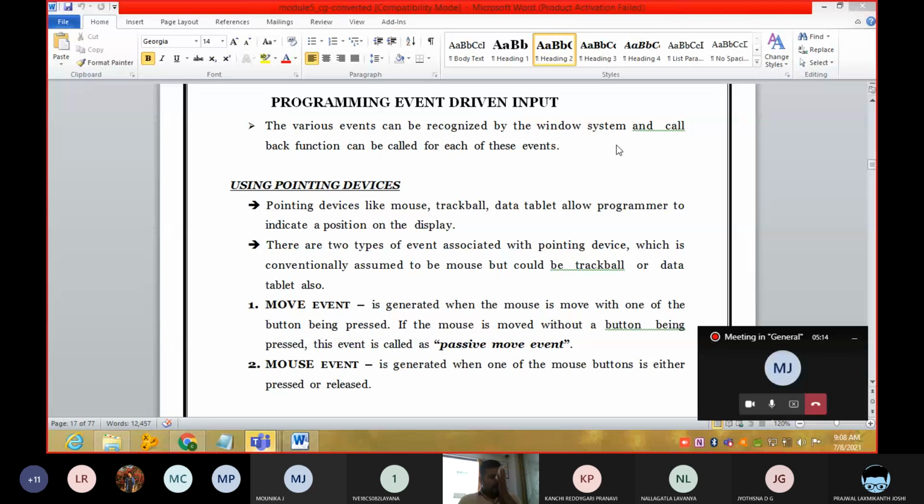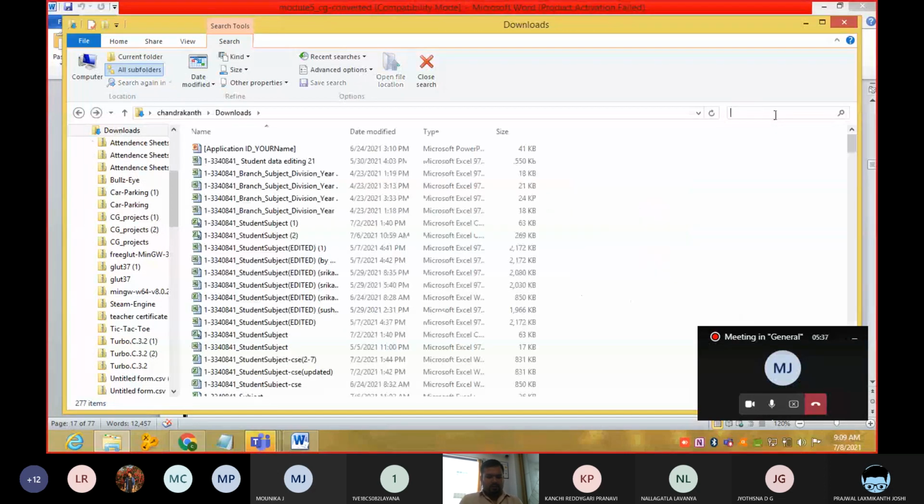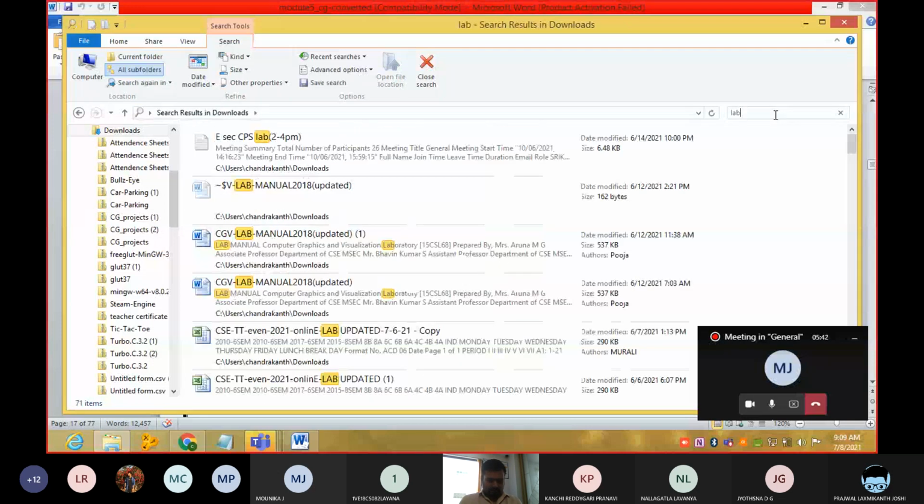So let's start from where we had stopped yesterday. In yesterday's class, we had seen two cube programs, guys. In the first cube program, we interacted with respect to the mouse and we interacted with respect to the keyboard. Let us see the same programs today also, and let us see a few more topics.